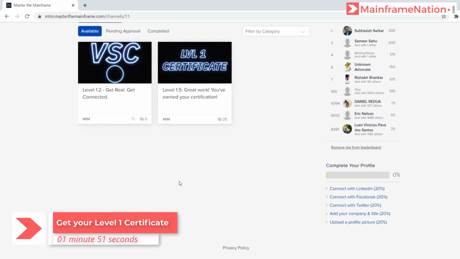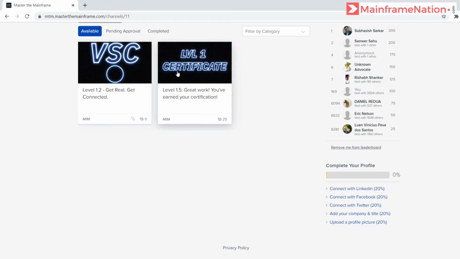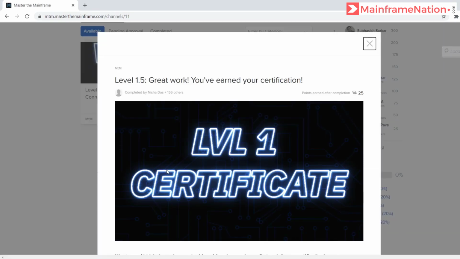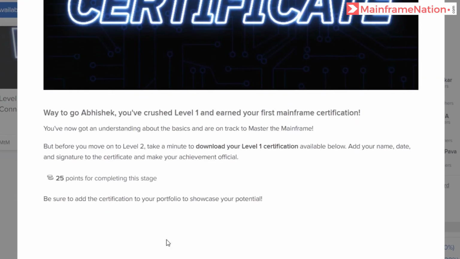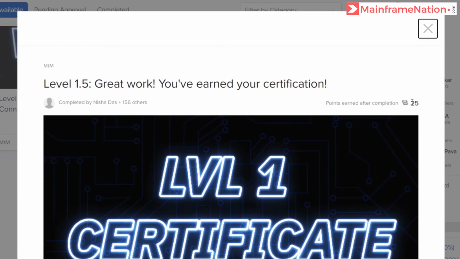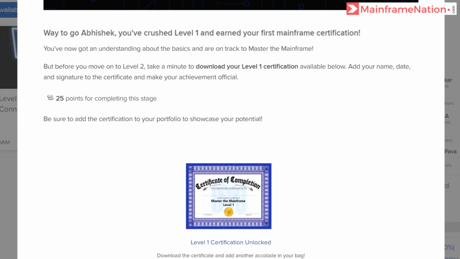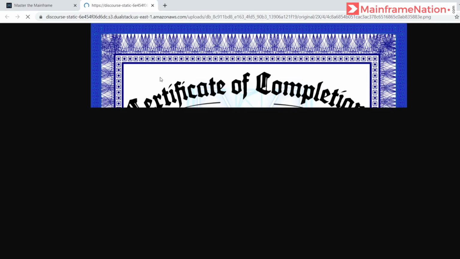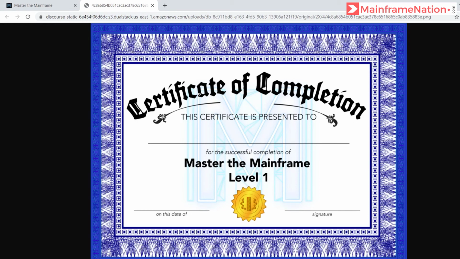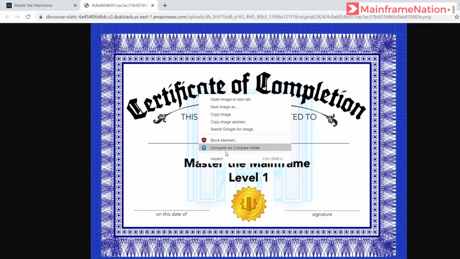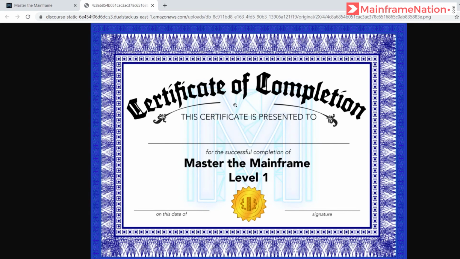Level 1 has one more challenge in which we will get our certificate. So click on level 1.5, which is level 1 certificate. This is worth 25 points. To get this certificate, just click on go there and it will open a new window which will have this image. You have to just download this image on your computer.